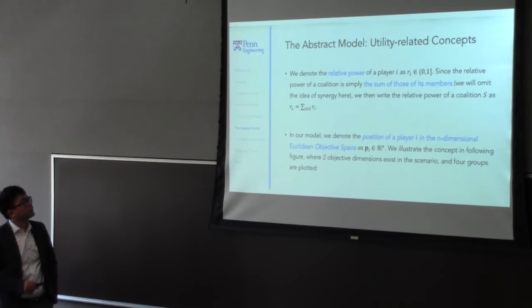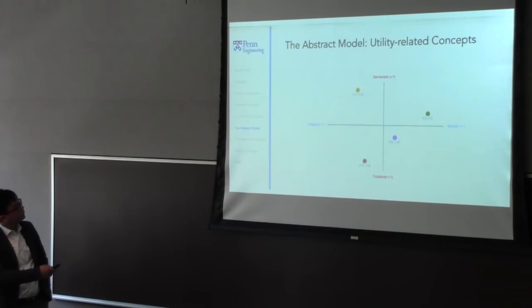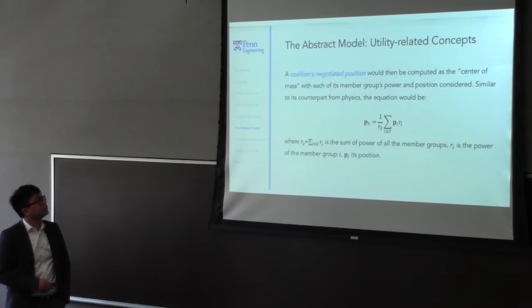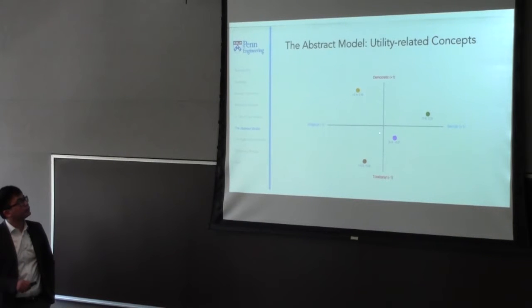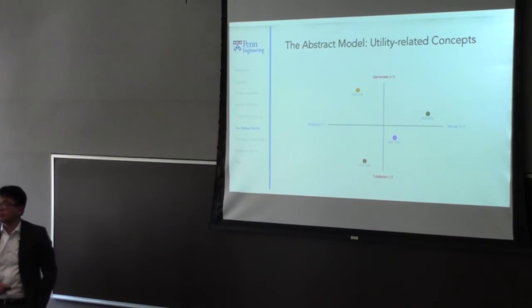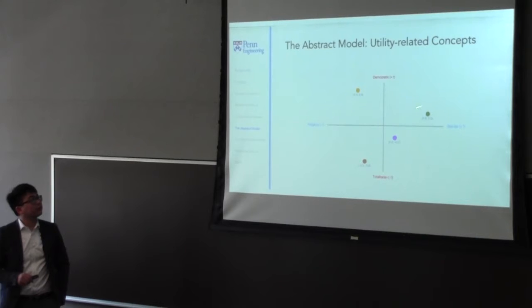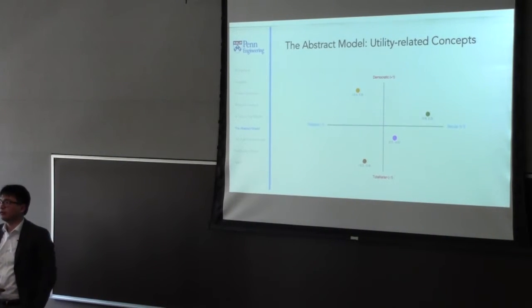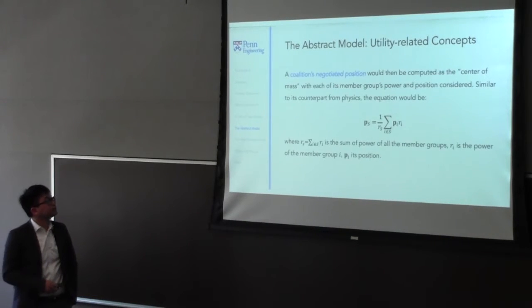Where you have two objective dimensions here and four groups in play. So this is where we have the objective dimensions here, one being about the form of government, democratic or totalitarian, and the nature of the state being secular or religious, and have different players occupying the space. And we have also a utility function dictating the payoffs by joining an alliance with another player, and that means the further apart you are in the objective space, the less of a payoff you're receiving from that coalition you're in.